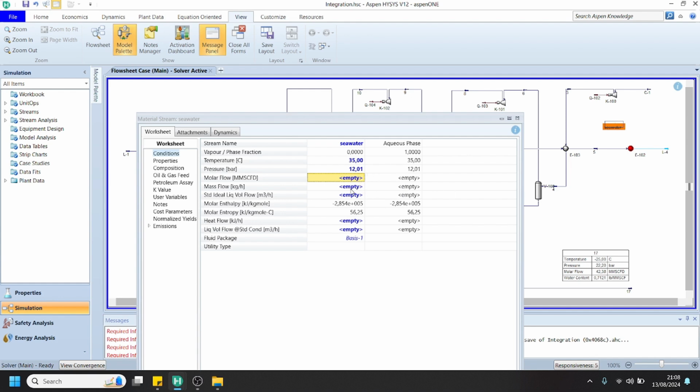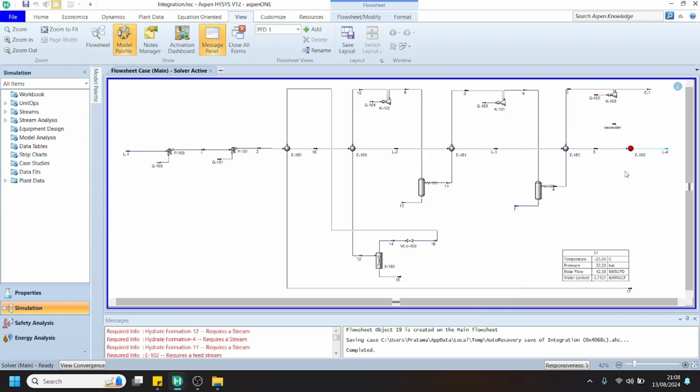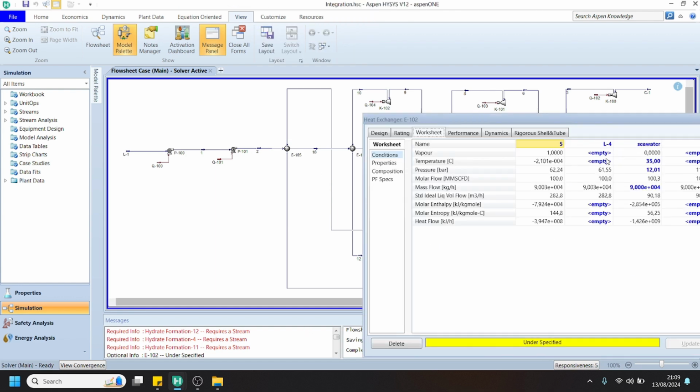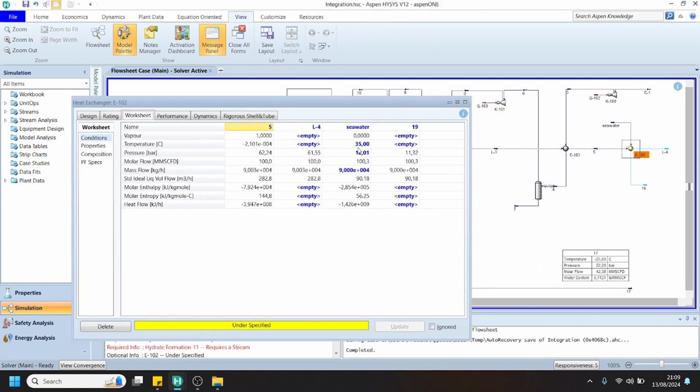And for the initial value, we assume that the seawater required is approximately 90 ton per hour, and we can adjust it later. Then we can connect this stream to the final heat exchanger, seawater heat exchanger. Afterward, the temperature outlet of this stream we will specify about 15 centigrade,